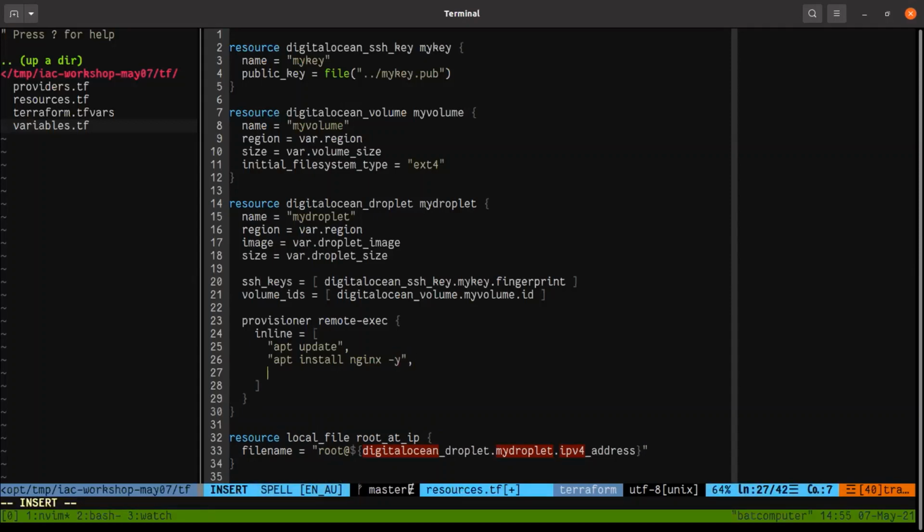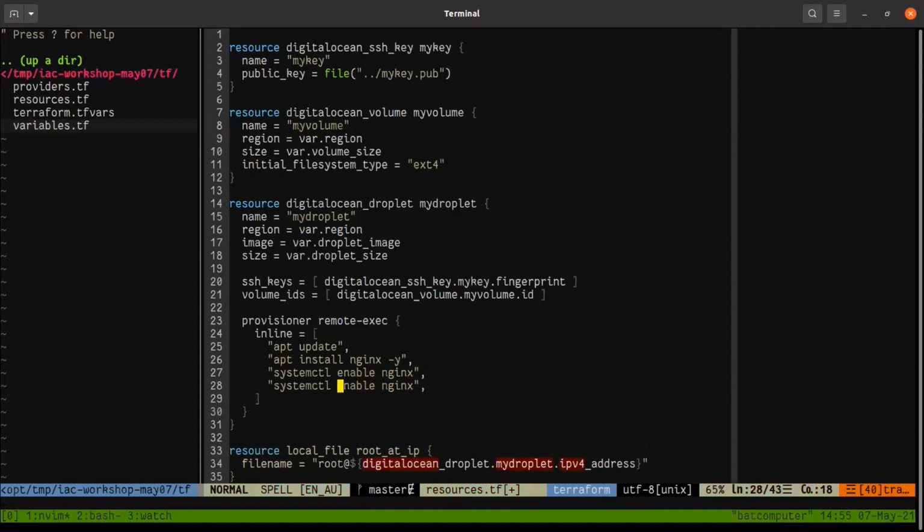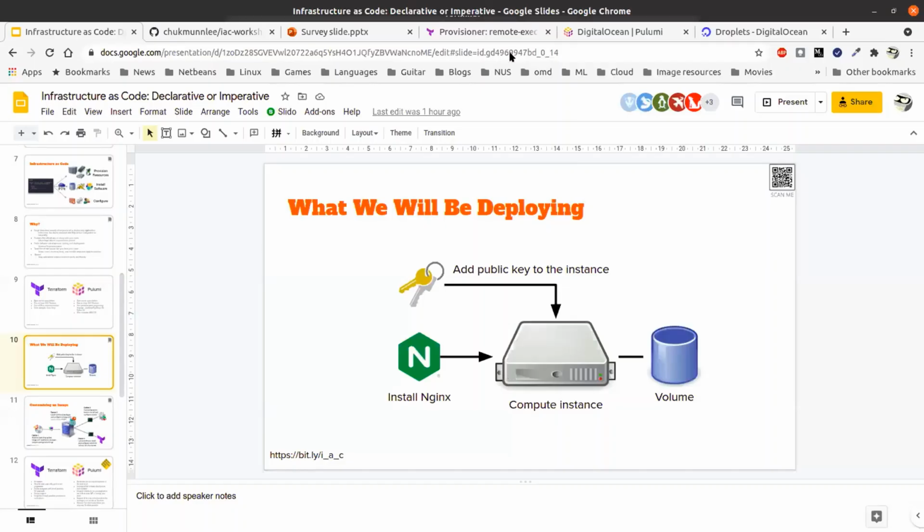Okay. And then the next thing you want to do is, just to be safe, start the service. Okay. Again, this is not Ansible. This is just Linux administration. Enable Nginx. And then I want to start Nginx. Okay. So these are the steps that I want to do. I need to tell the remote exec, right? Because remember, I'm going to SSH in, so I need to tell remote exec how to SSH in. And for that, I need something called a connection object.